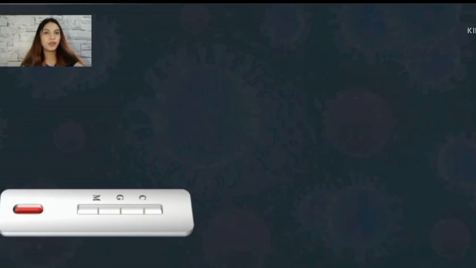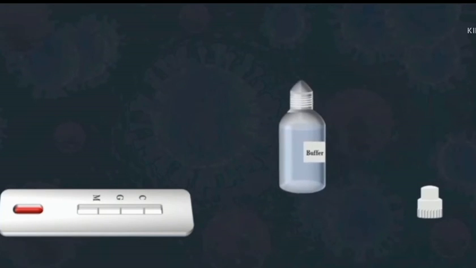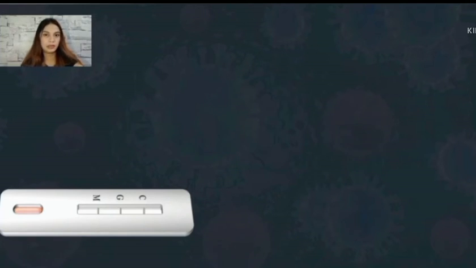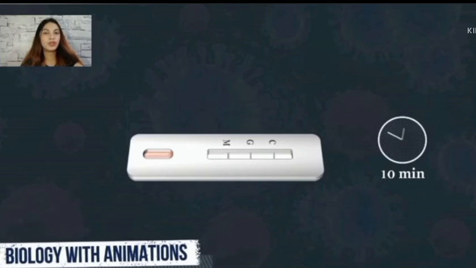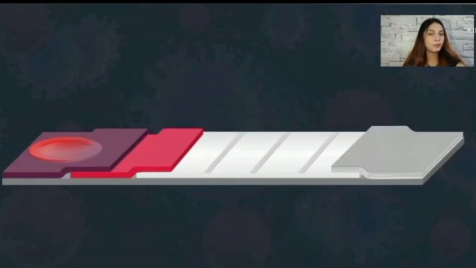Finally, drops of a buffer are added into the sample well to facilitate the test, and the cassette is incubated for 10 minutes. The test kit is a qualitative lateral flow immunochromatographic assay, and the test device contains a sample pad where the